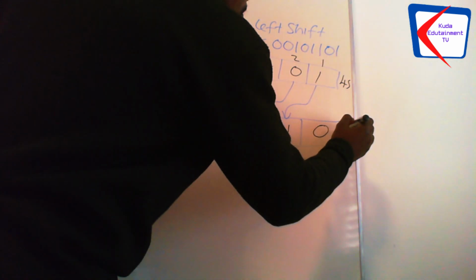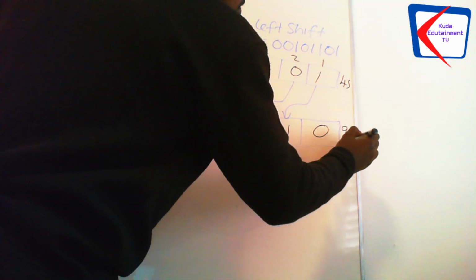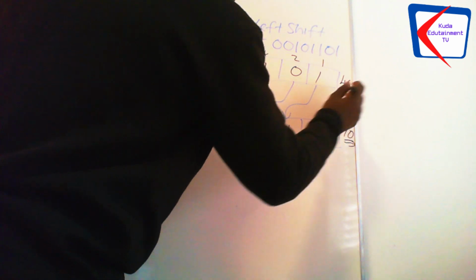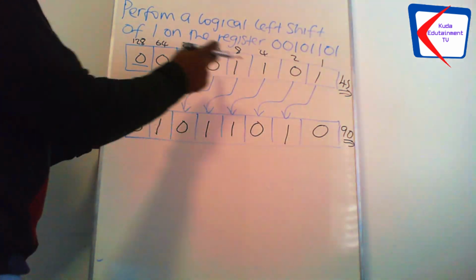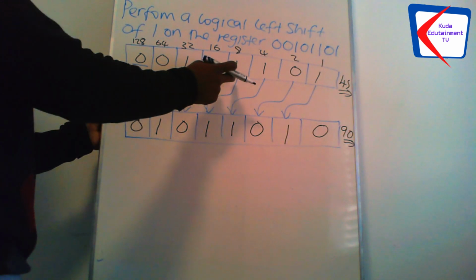90. So if you compare these two denary numbers, 45 and 90, what has happened is that a logical left shift of 1 has multiplied,